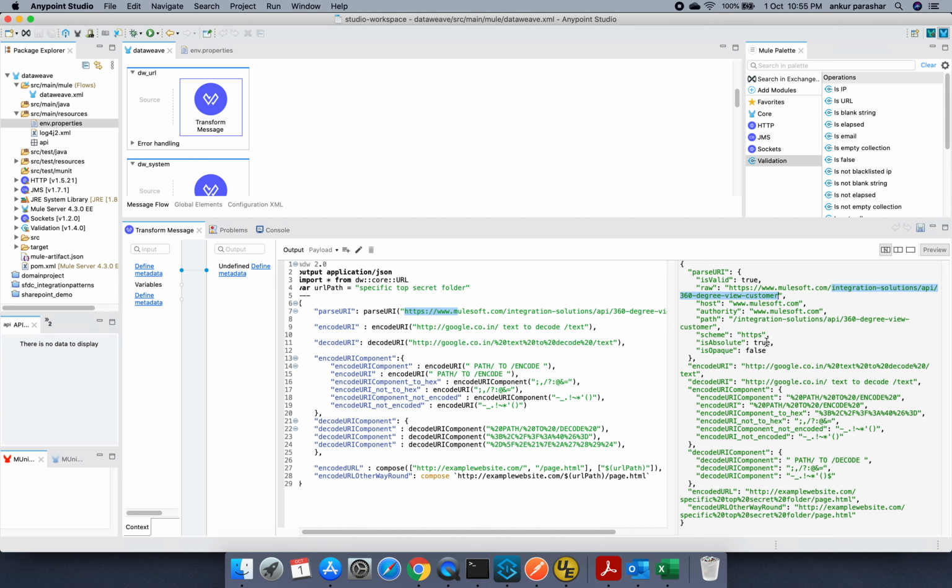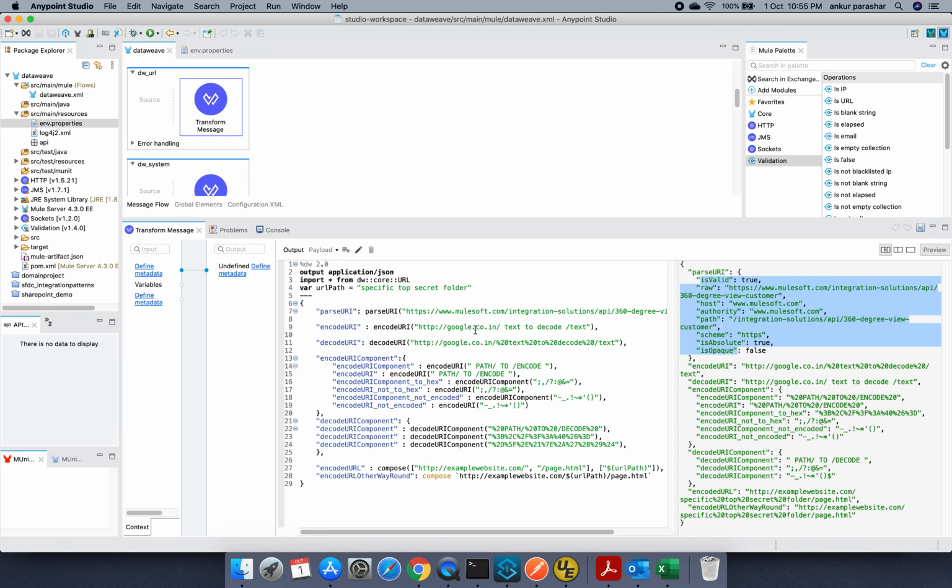Then, is it absolute? Yes, it's true. And is it opaque? It is false. So basically it breaks down the main URI which is passed as an argument into multiple elements, and accordingly you can make use of it in any business logic if required.